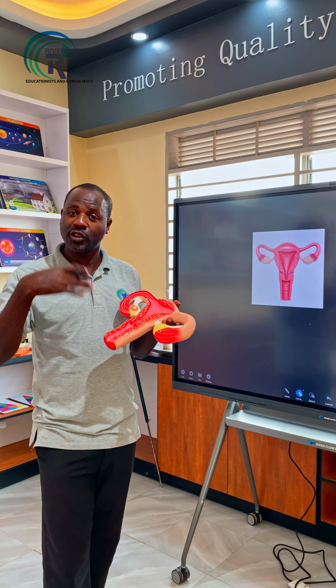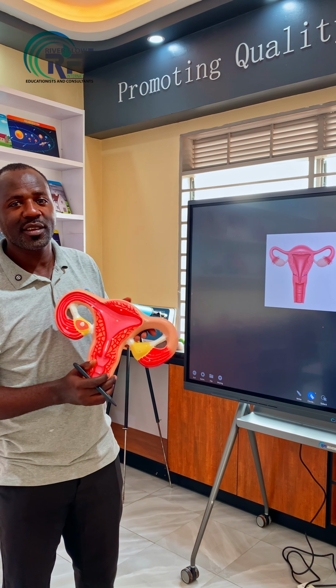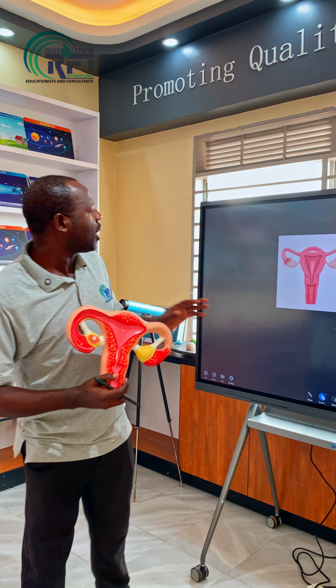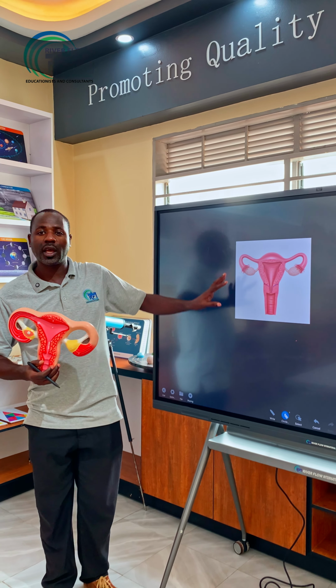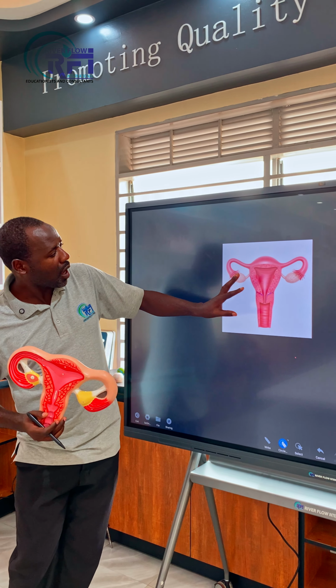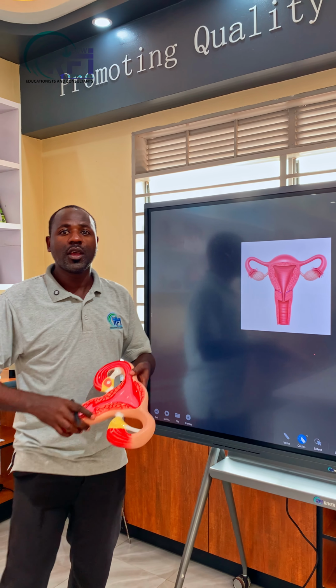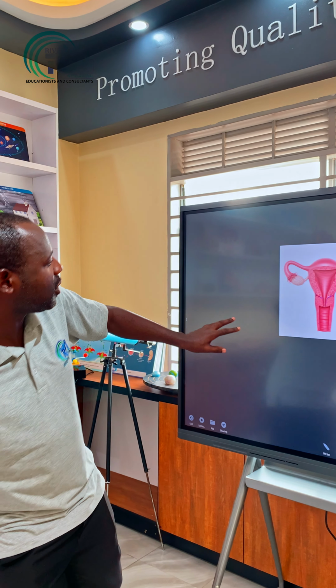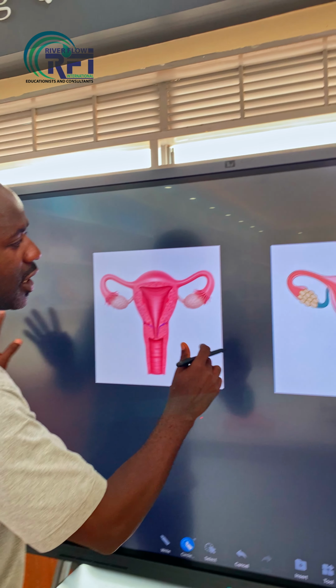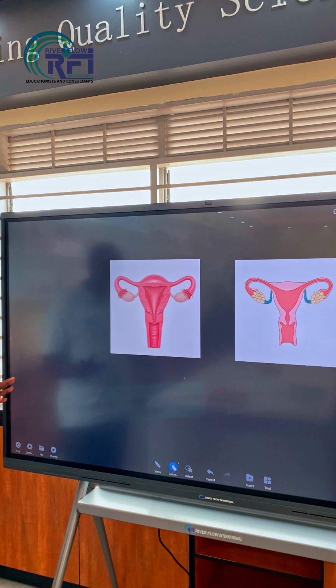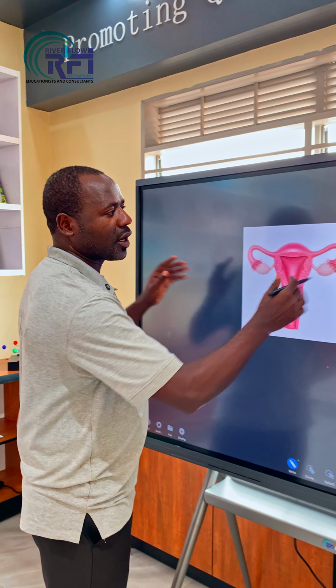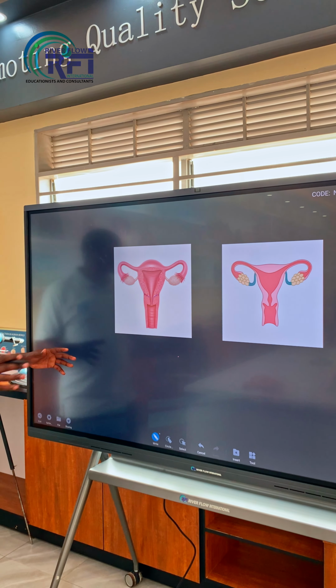So today we are going to see how menstruation happens using the model, and we also have our two diagrams on the screen. As you can see, we are going to use these two diagrams to see how menstruation happens. Normally, when you look at these two diagrams, we have